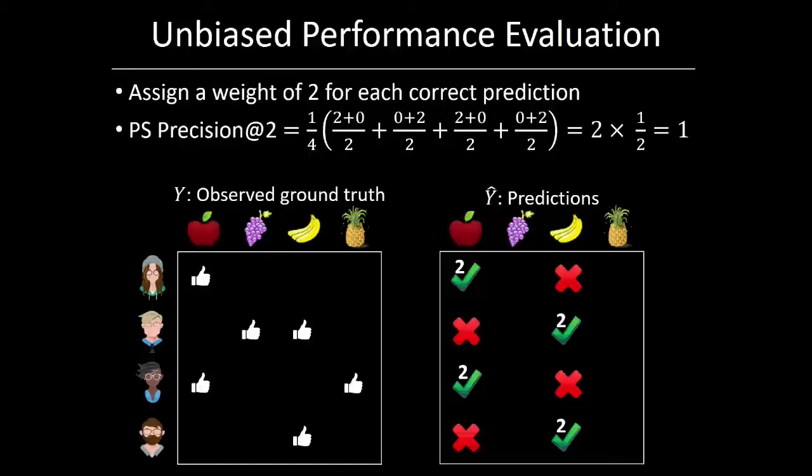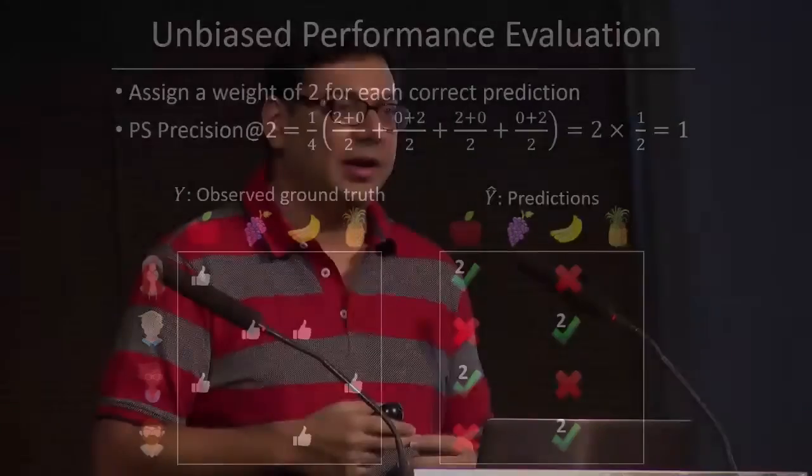So the situation where labels go missing uniformly at random is somewhat uninteresting, I think. That's because the unbiased precision turns out to be exactly the same as the biased precision, but just multiplied by a global constant. So if you had 3 algorithms whose biased precision was 1 by 2, 1 by 3, and 1 by 4, then their unbiased precisions would turn out to be 2 by 2, 2 by 3, and 2 by 4, and there would be no change in the relative ordering of the algorithms. So in this case, we could just as well have used the biased precision to figure out which was the best algorithm and to ship that into production. And we know that that doesn't work.